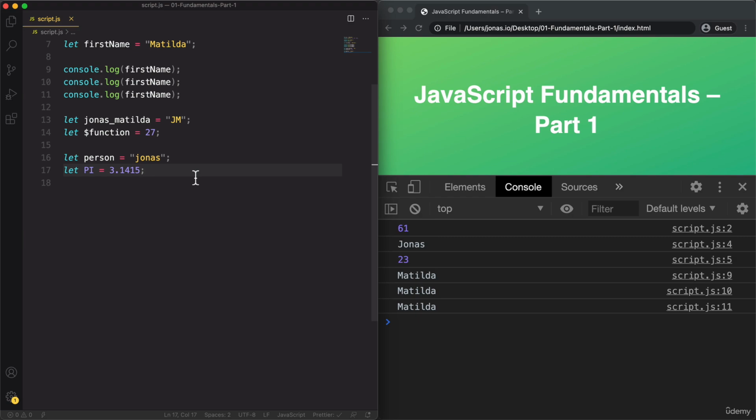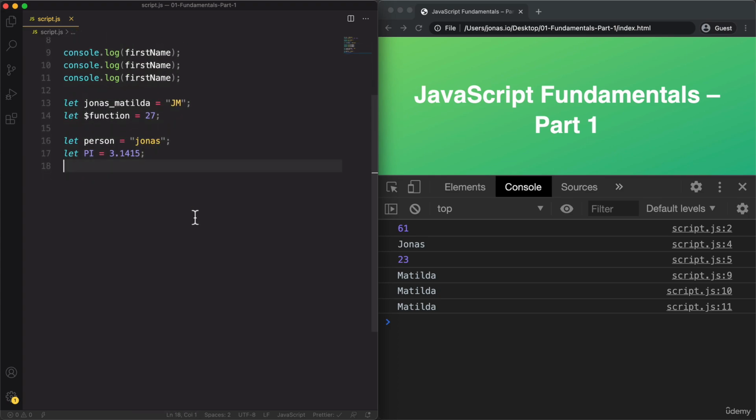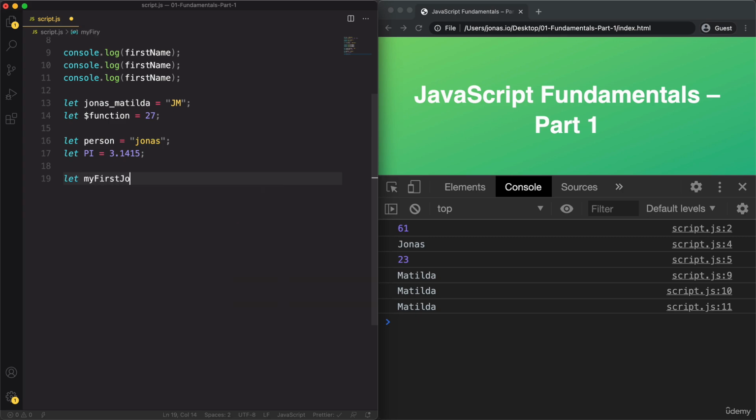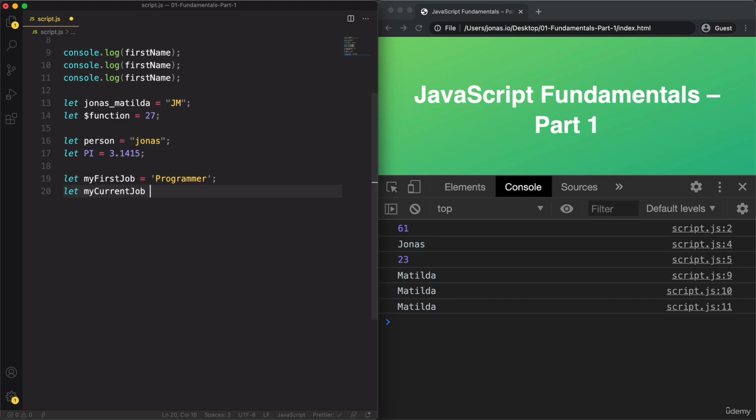Finally, to finish this lecture, let's talk about one final convention, which is to make sure that our variable names are descriptive. And that's very important to write cleaner code. So when you name your variables, it should be really easy to understand exactly what value the variable is holding, just by reading the name of the variable. And that's kind of what we did up here by calling this one first name. But let me show you another example. For example, let's say my first job, programmer, and then my current job,